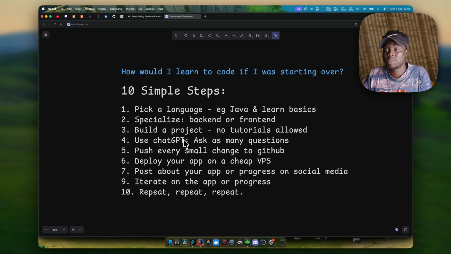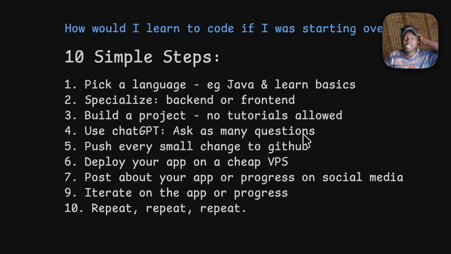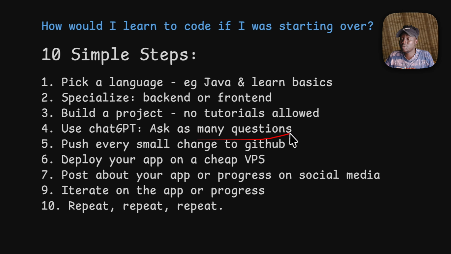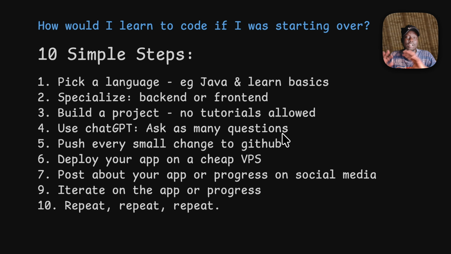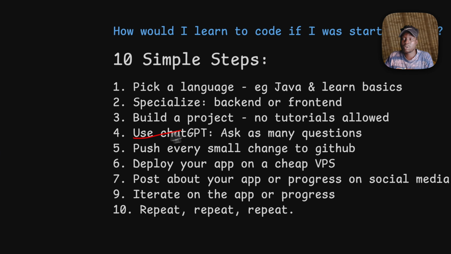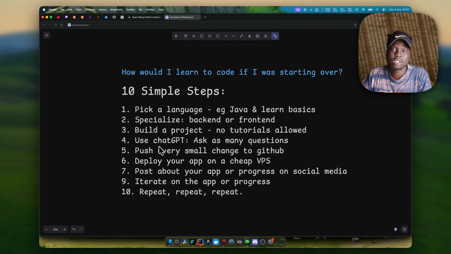I know it's hard, really, because you don't know anything. So how are you supposed to build a project when you don't know anything? That's why step number 4 is very important. Use ChatGPT, bro. I don't know whether we're in the 21st century or where we are, but we are at a point where knowledge is just very accessible, right? You can learn something that is taught in Harvard University for free using any LLMs out there, right? I just use ChatGPT. You can use anything, Claude Code, Gemini, whatever you want to use. So use ChatGPT and ask as many questions as possible.